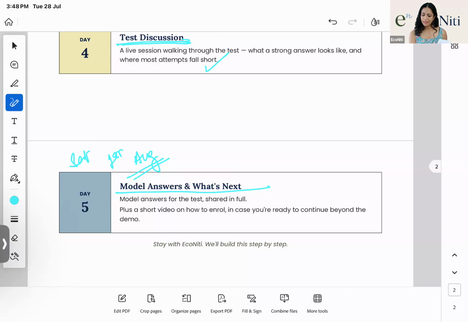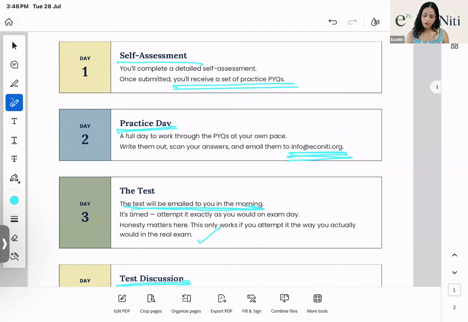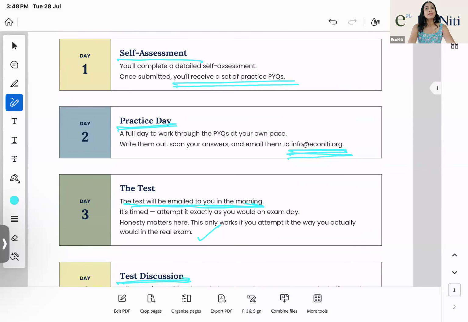this is the 5-day plan that we have. Anything else that I'm missing? No, right? So now let us move to the part 2 of this video where the demo actually starts, which is where day 1. So आज हम क्या करेंगे in this first day of the demo, we are going to do both these things. So we are going to